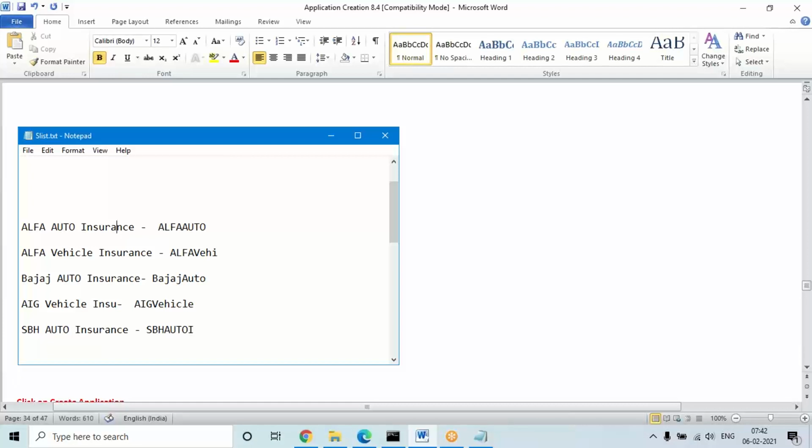Okay, see, I told you organization name minimum length is 1 or up to 4 characters. Organization name maximum length is 4 characters.